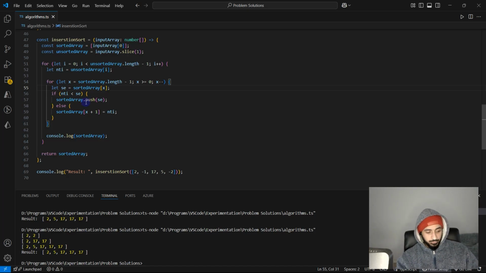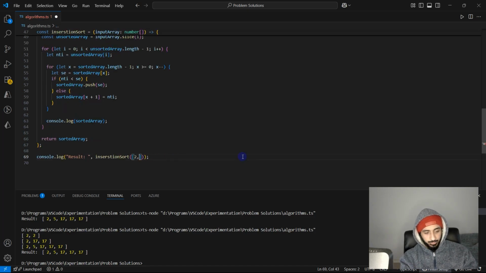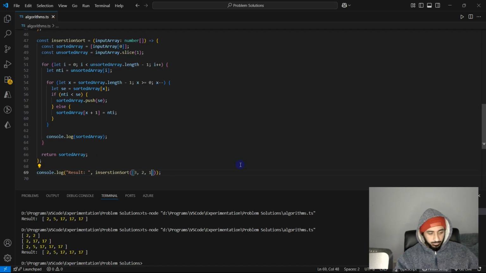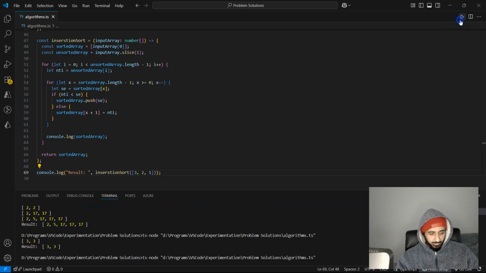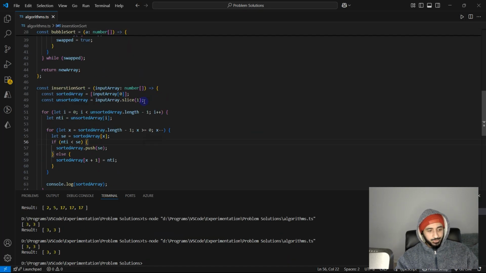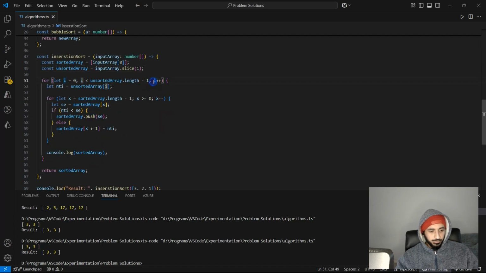This is getting very hard to visualize for me. Let's just try with positive numbers. Just 3, 2, 1. 3, 3. How did you get 3, 3? I'm a bit lost. So let's, okay, 3, 2, 1 is going in here. Sorted array is going to be 3, just 3 in an array. Unsorted array is going to be 2, 1 in an array. For each element in the 2 and 1,